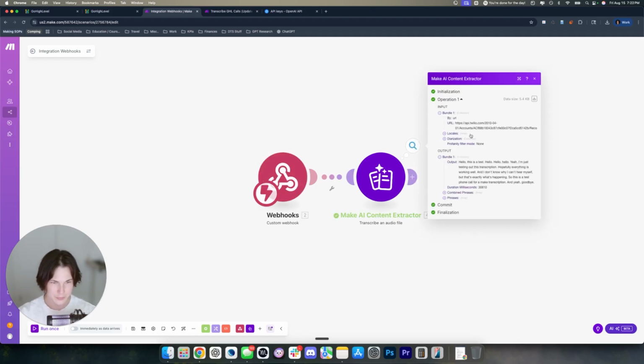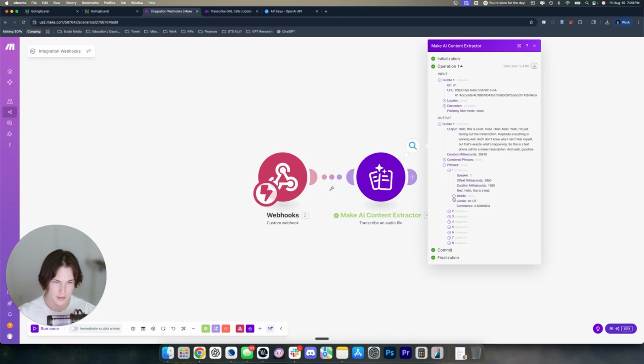There we go. As you can see, the output here is all the text of my test call just bundled up together, right? Now, this is what a typical transcription is going to look like. There's not going to be any differentiators of it being speaker 1, speaker 2, or John and Jane, or whatever, speaking, and when. We need the timestamps as well. So what we're going to do is down here, if you click on phrases,